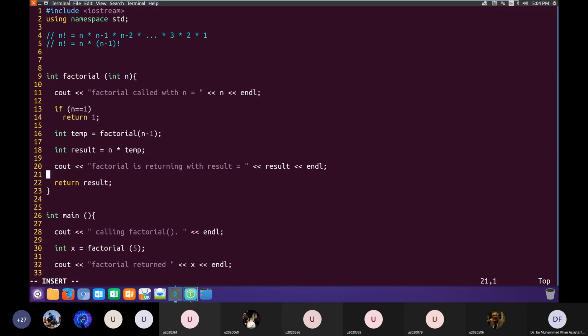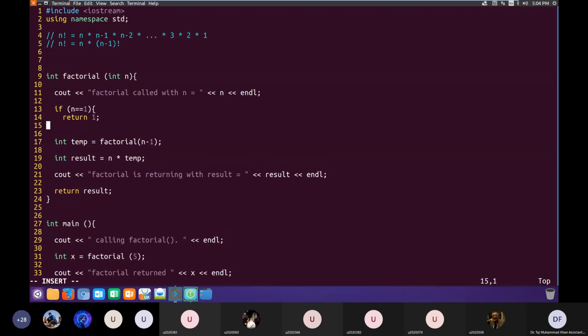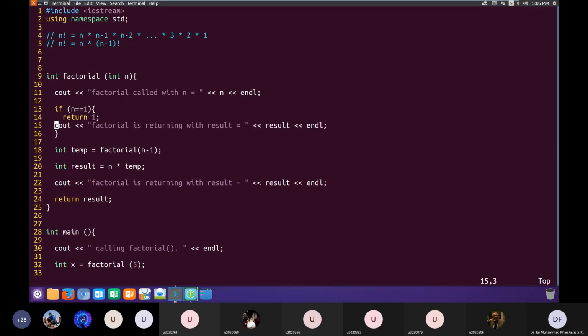And in the if statement, let's also put result equal to, here we write directly 1, because the last time when it reaches 1, it will not reach the end, rather it will return directly from here.